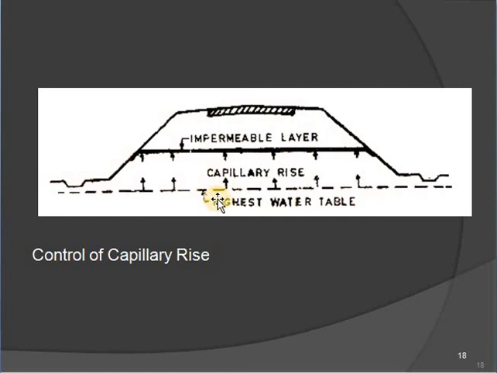You can see the diagram here, and this is the highest water table which is under the ground level, and this is the impermeable layer, the soil which is there. Okay, and this is our road layer. So these are the side slopes, and this is the drain. So here the water which is stored will be released from the gaps. So that is nothing but capillary rise.